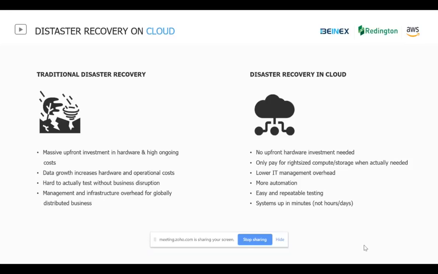Once you have set up a data center, there are maintenance costs associated with the regular maintenance of the data center facility, the audits, the people, and other factors that come into play in terms of electricity or servers, hypervisor, and so on. And whenever there is a growth in data, obviously they need more resources.